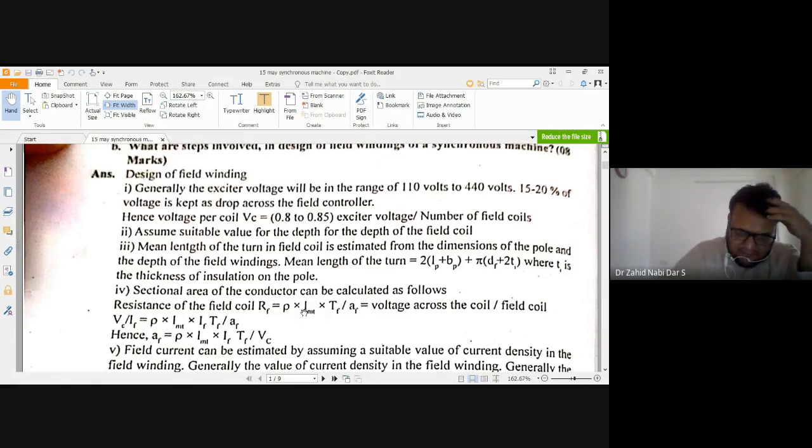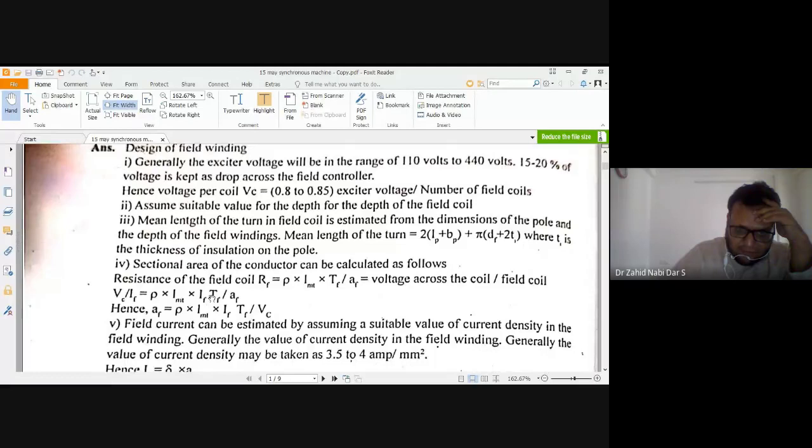So this remains TF by AF, and additionally one thing which you are saving here is your IF. So here you are seeing VC divided by IF. If you are dividing VC by IF here, you have to multiply by IF. Then once you are dividing by IF, only this term will come. That is your resistance. So area, if you have to express it in terms of your current, you can express it as rho L and T IF TF divided by VC from this particular formula.